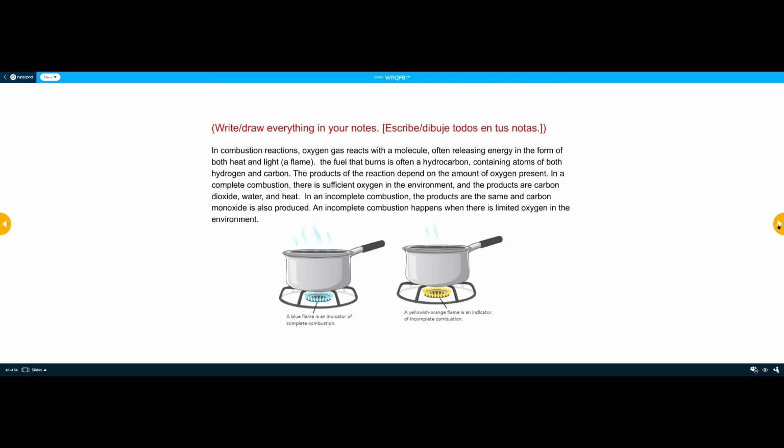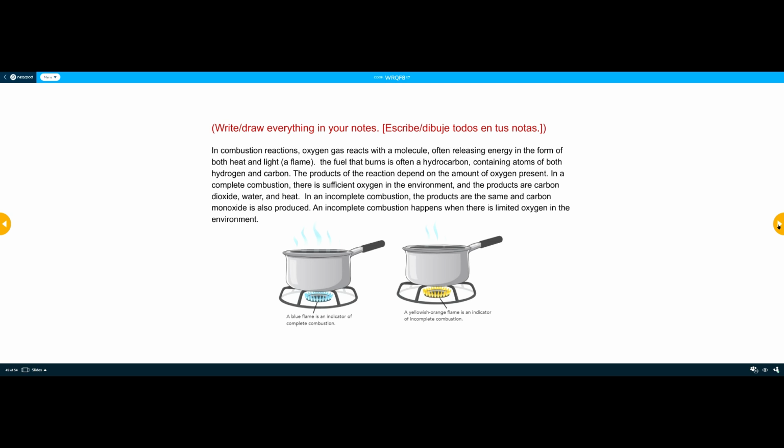In the next slide of notes, we talk about combustion and what it is, with some indicators of colors. Please do write and draw everything on this slide. Somehow we need to indicate on the bottom picture a blue flame versus a yellow flame. You can draw either one, or if you just have a pencil, put blue and yellow, but one way or the other, you need to somehow remember the colors because those are very important in lab.